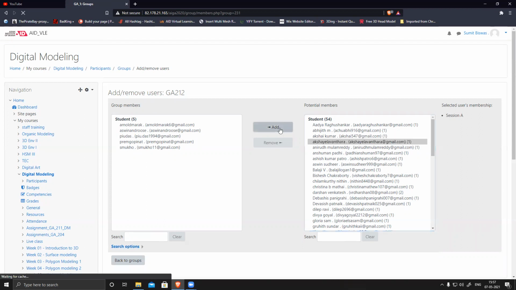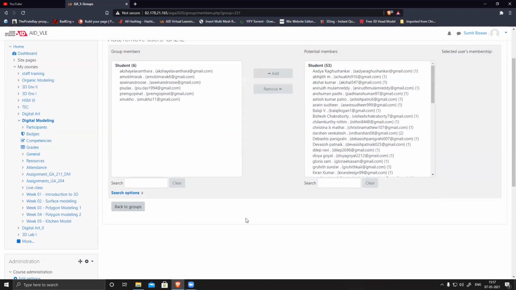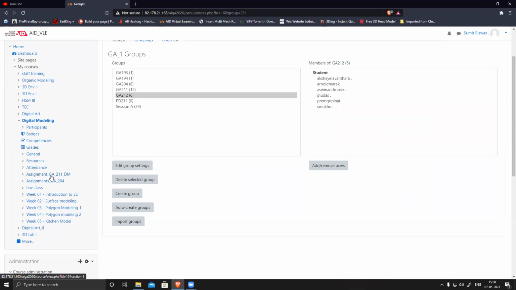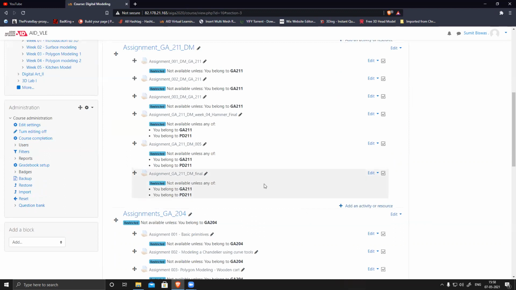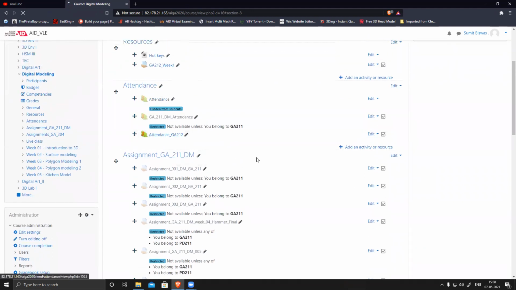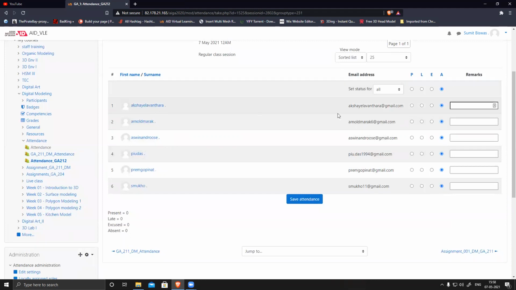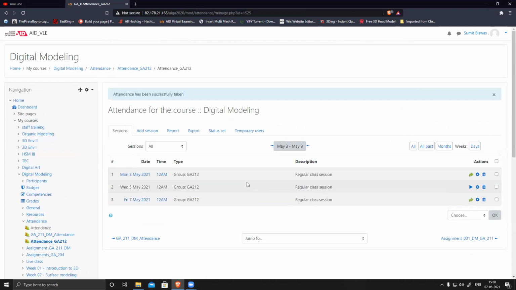Okay. Done. Oh, I named it 211. It should be 212. 212 will be the correct one. So we have Akshay also here. Only Arnold is absent. And we got Prem and this guy also. I marked you present.